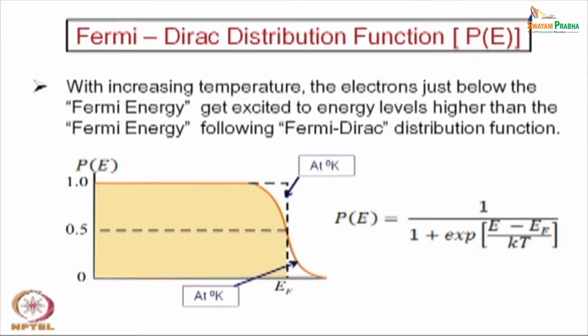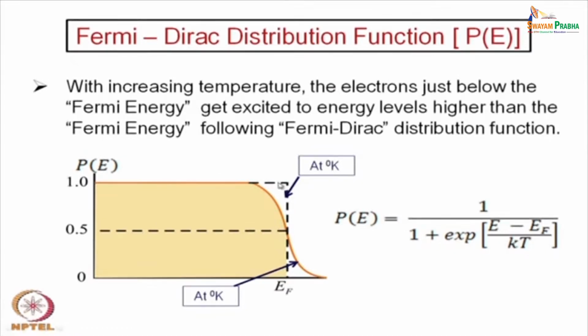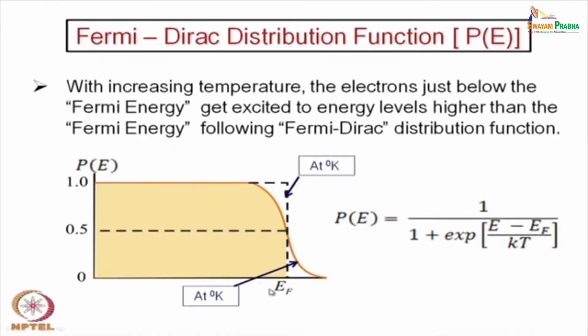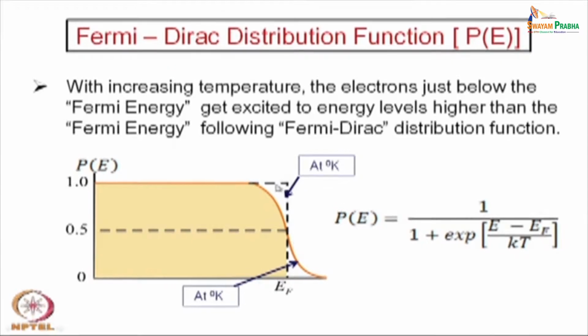That happens at 0 degree Kelvin or absolute 0. So, the curve is like this, as per the dotted line here. It is a rectangular curve, a complete discontinuity at E_f from 100% occupancy to 0% occupancy, and